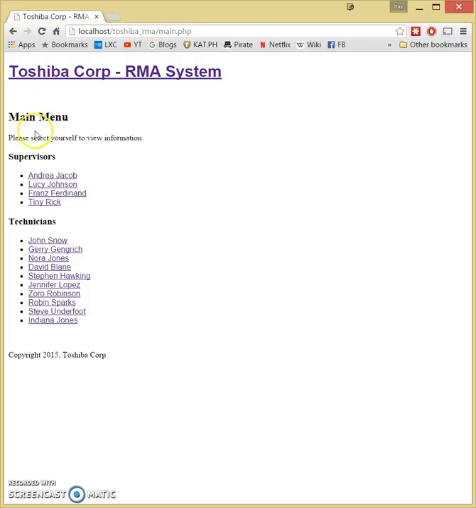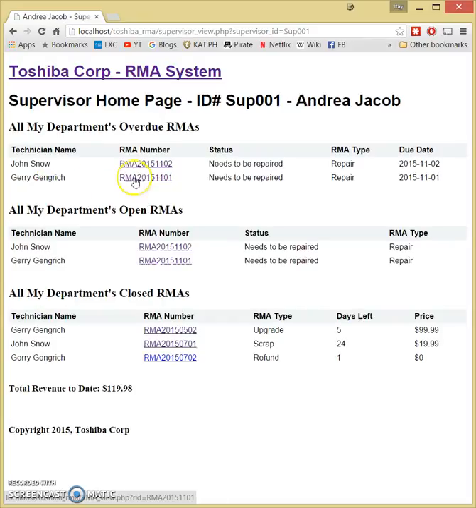Then below, it queries the database to see who the supervisors are and who the technicians are, creating a different URL and a link to each one of those entries. As you see in the bottom, it passes that through to the URL. So as a supervisor, let's say I'm Andrea Jacob, I log in, and it pulls down the information,